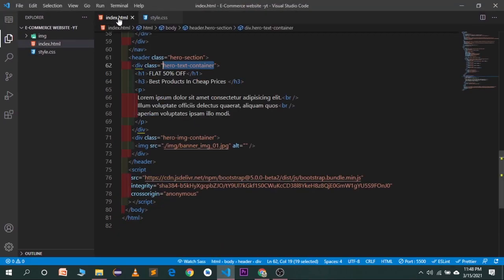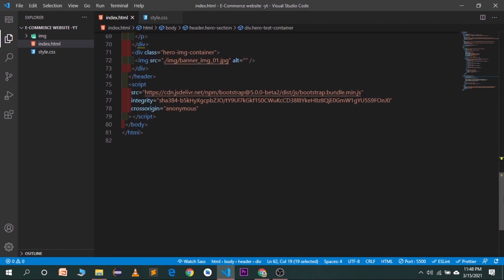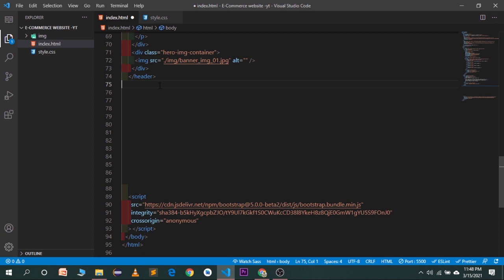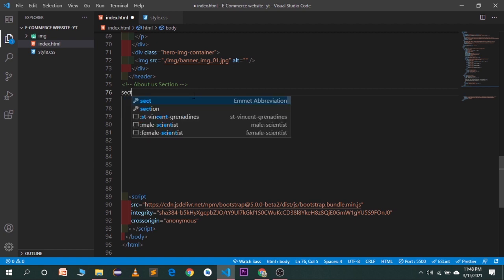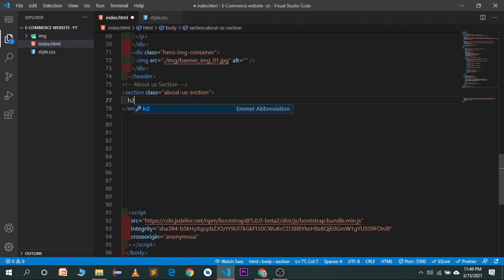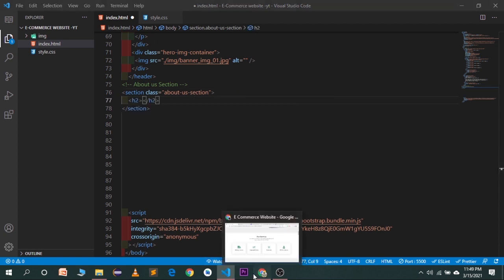So let's go to the HTML file. So under this header I will create a new section. First of all I will write a comment of about us section, because later it will help us to find different sections of our website. So I will create a section, give it a class name of about us section. In this section we have a heading of H2, which is going to be this one,